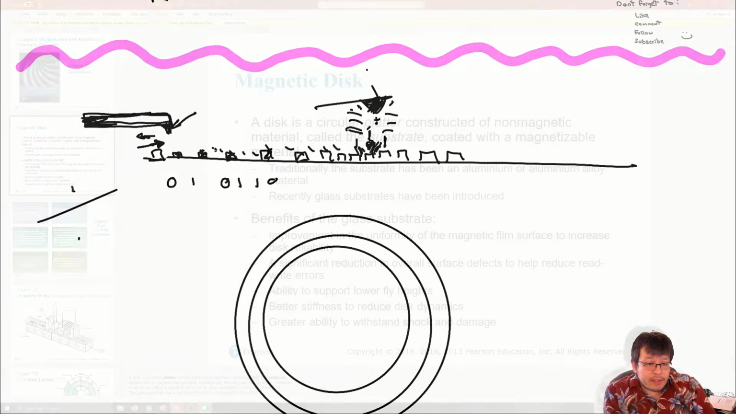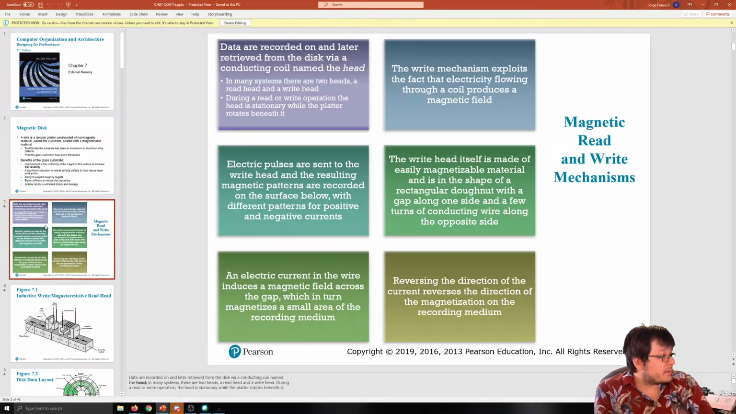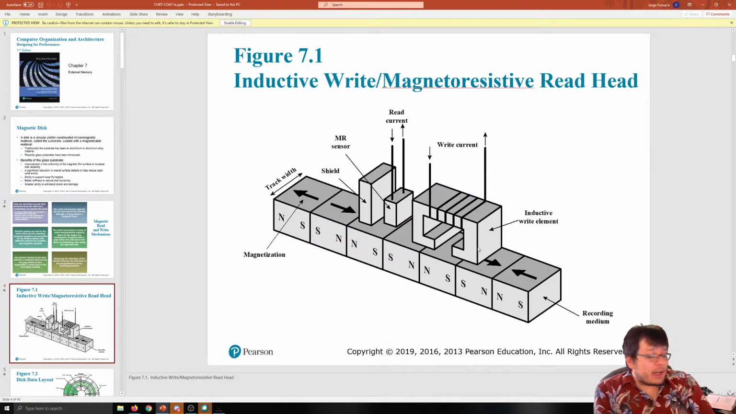So, switching back to this. Here they have in the book a little bit of a better drawing than what I have of how this is set up. This part here is going to be your head, okay? And the head is attached to some sort of stick that's holding it. And then these are the different